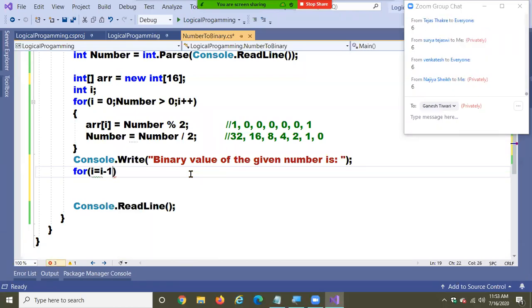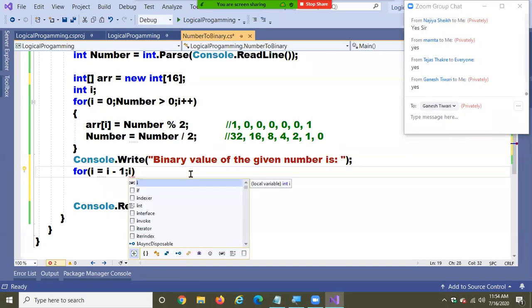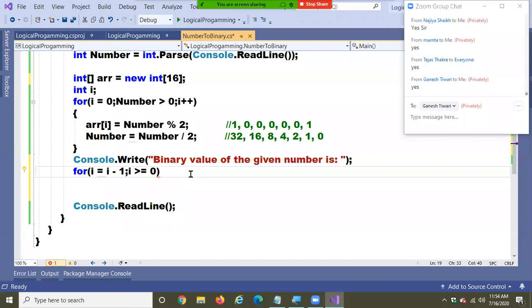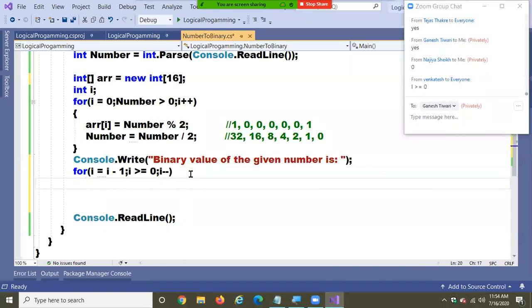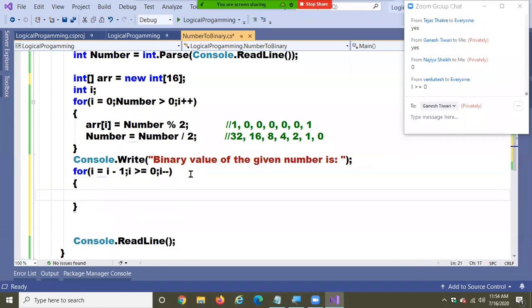So shall I write I minus 1? Clear? Start from there. And now you want to run this code until I greater than or equal to 0. Yeah, the condition is greater than or equal to 0. Next, I minus. It's a reverse loop, what you're writing. Is it clear?